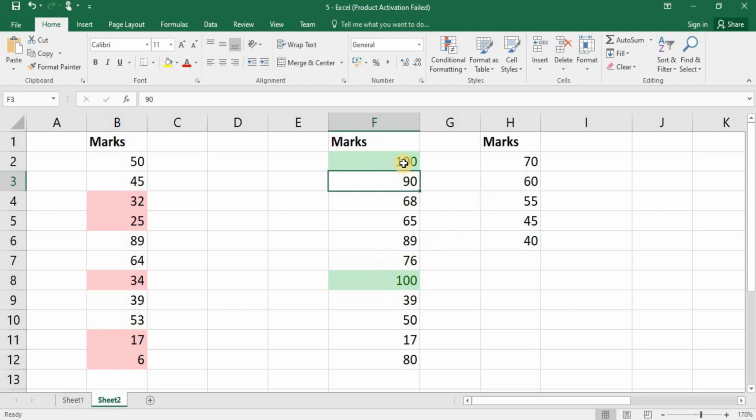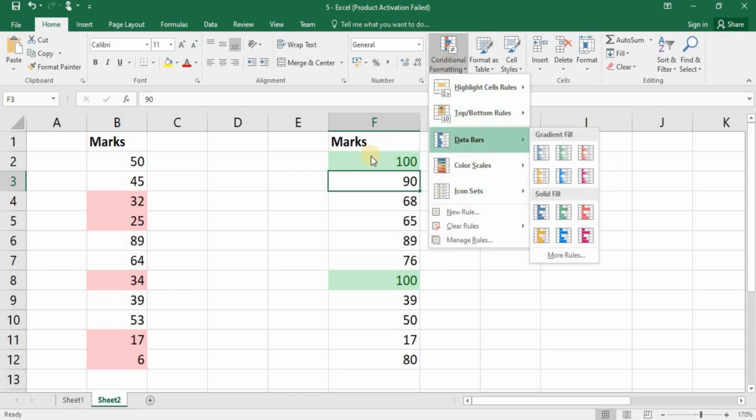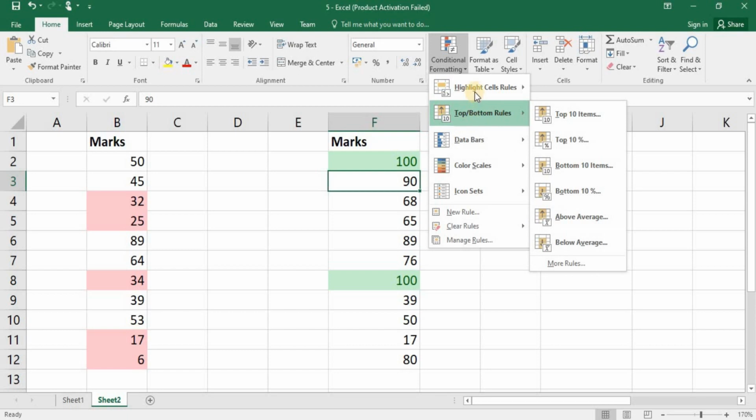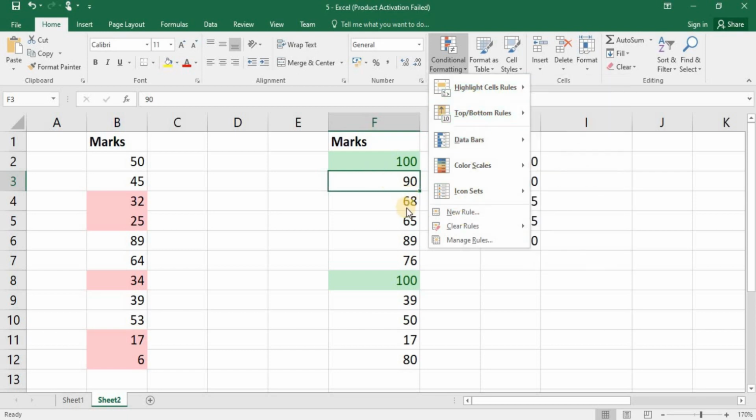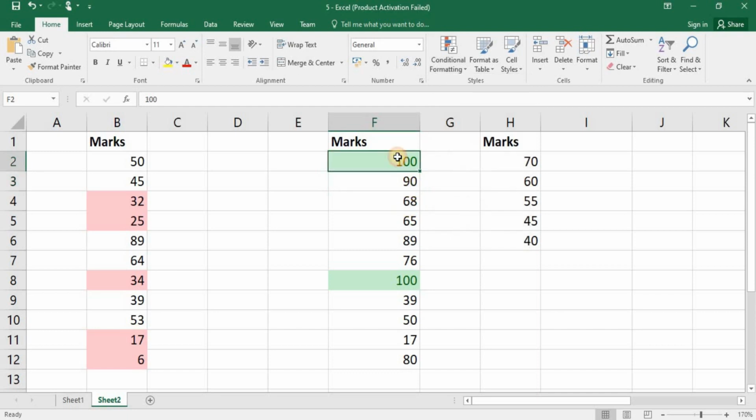You have multiple conditions or rules under this conditional formatting list. We have seen how to choose a few colors based on the defined rule. Instead of green color, I want blue color for these cells where the value is equal to 100. But we don't have blue color in the options we have seen. Then how to do that?